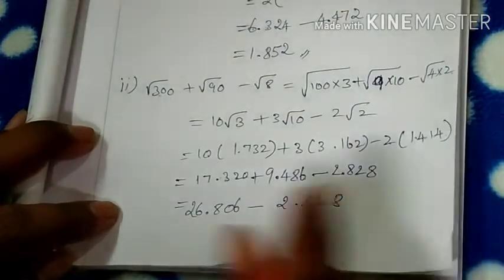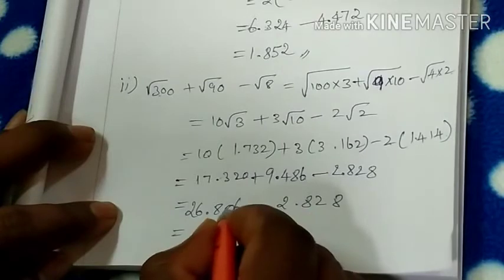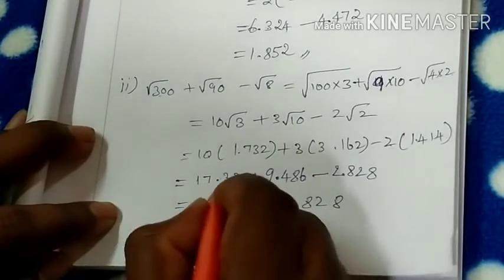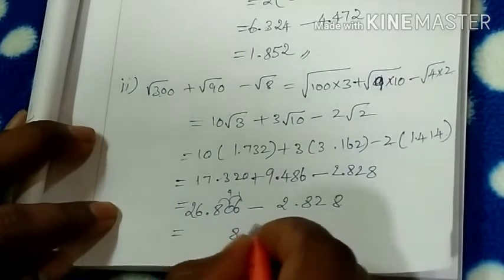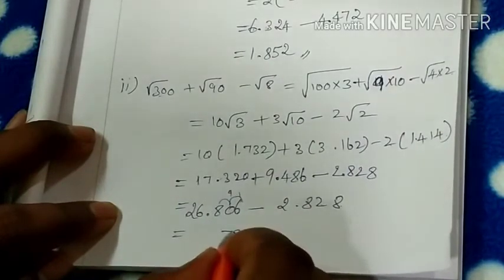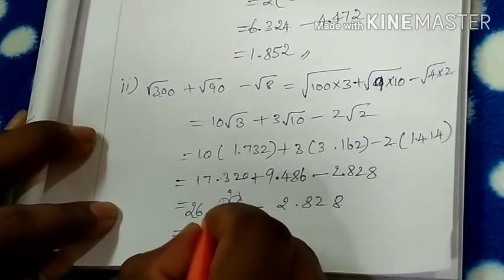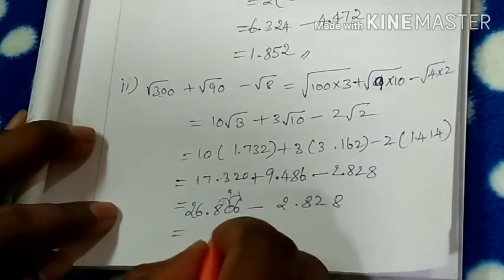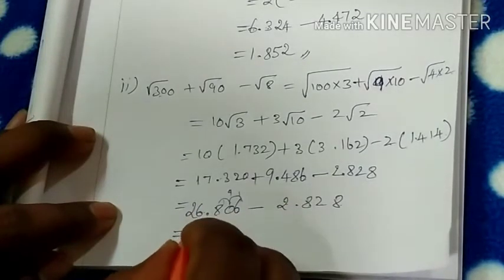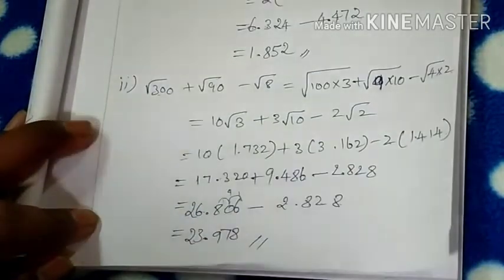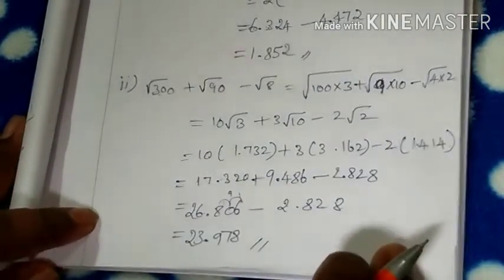2.828. Okay. Then making the subtraction, 6 minus 8. So making the transformation here, then here. This is for 9. This is 16. 16 minus 8 is 8. Then 9 minus 2 is 7. This is reduced 7. Okay. 7. So making the transformation, 17. 17 minus 8 is 9. Point. This is 5. 5 minus 2, 3. Then this is 2. This is the answer. 23.978. That's all.